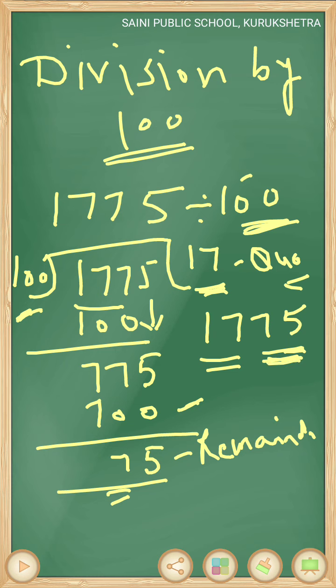So you can say while dividing a number by 100, the quotient is obtained by removing the tens digit and ones digit from the number, meaning removing the last two digits, and these removed two digits form the remainder. So while dividing by 100, the last two digits will be the remainder and the first two digits will be the quotient always. We need not divide the sum, we can find the answer directly. Let us take another example.